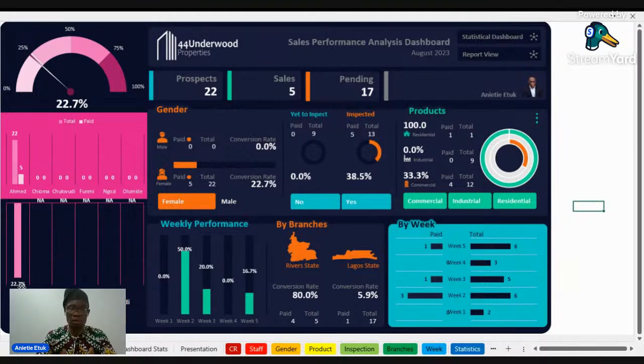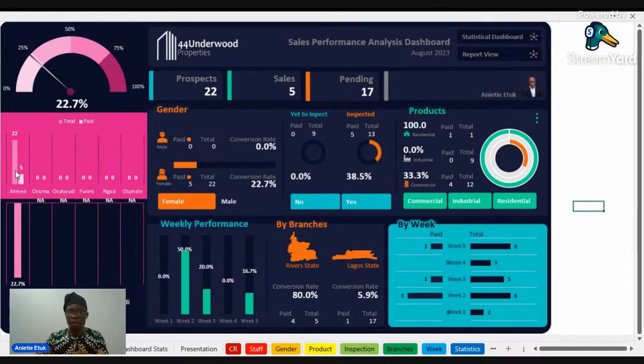Normally, an entry-level data analyst will say, okay, Ahmed should be fired because he had the lowest performance. But when you check through this data, which is what the next topic we want to talk about now, presentation, how do you present data to business executives? You discover that evaluating Ahmed's performance based on this is not very correct. And I did that in my presentation. That's one of the things I did for the business, and they loved it, and they gave me the retainership. And I'll share with us now.